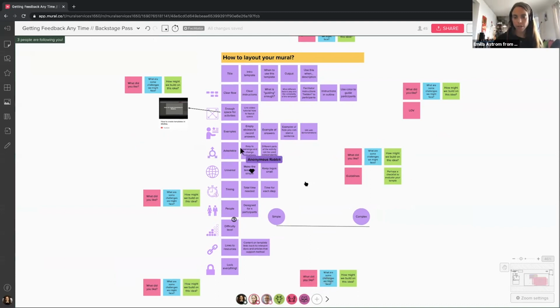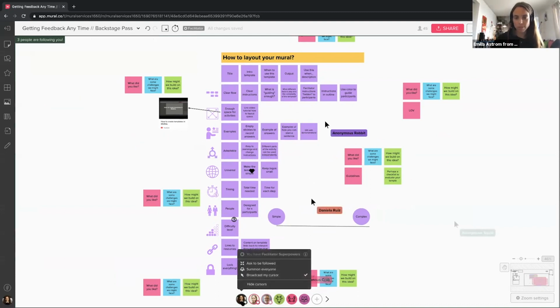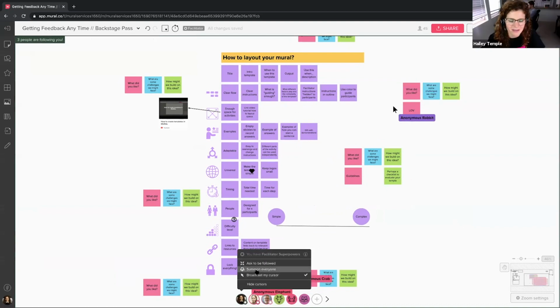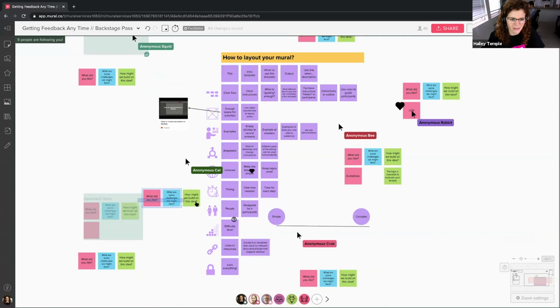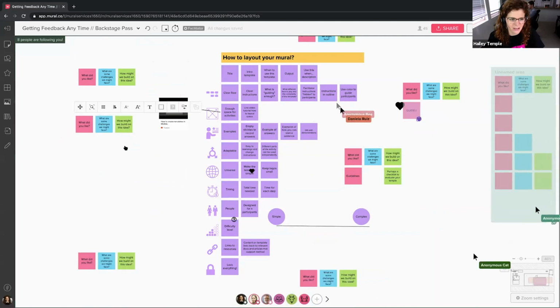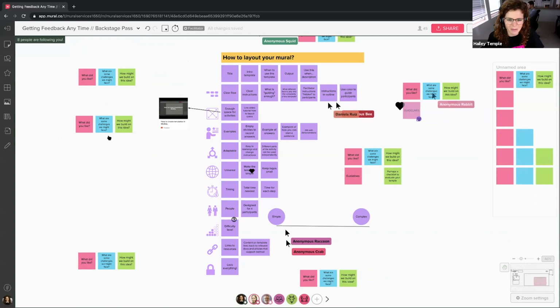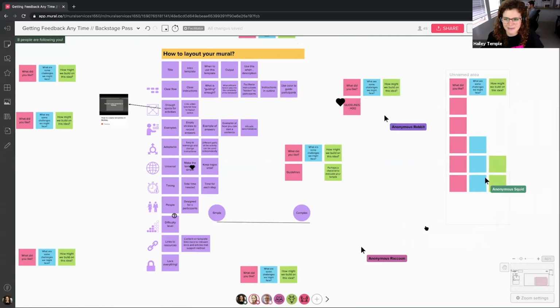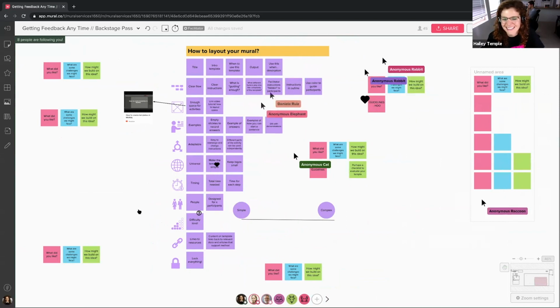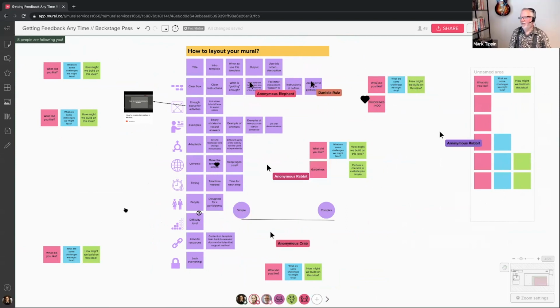There's still some people hanging out on the previous section. Maybe you could summon everyone. Okay, yeah, let me summon everyone. So heads up, I'm going to summon you. So you're on the how to lay out your mural. Here we go. Boom. All right, so let's tell us a little bit about it. Start typing in, review this and say, like, what do you like about this proposal Amelia's sharing? What are some challenges we might face? And then, how might we build on Amelia's proposal for what should actually go into a template? Oh, and someone also made a handy area for themselves or for someone else. That's really nice. Pro tip. Yeah, that's clutch.